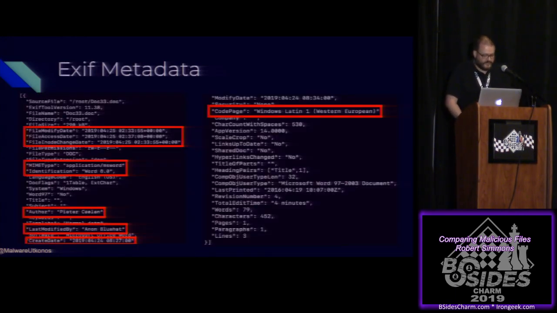So another wealth of data can be gathered using ExifTool. Exif metadata, depending on the file type, will basically pull out lots and lots of different data points for static analysis. So this is a Word doc, and you have the modification dates. I understand that dates can be what's called time-stomped, which means the adversary has tampered with the timestamps before they deploy the malware. But it's good to gather that data anyway, even if it's time-stomped, because if they time-stomp in the same way across many files, then the fact that they're time-stomping in a regular way, you could actually use as